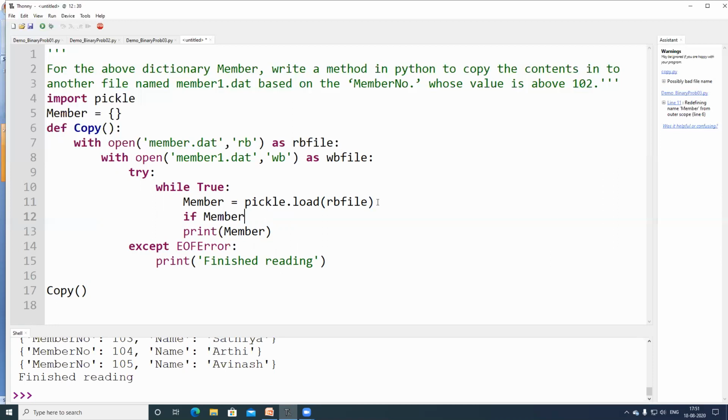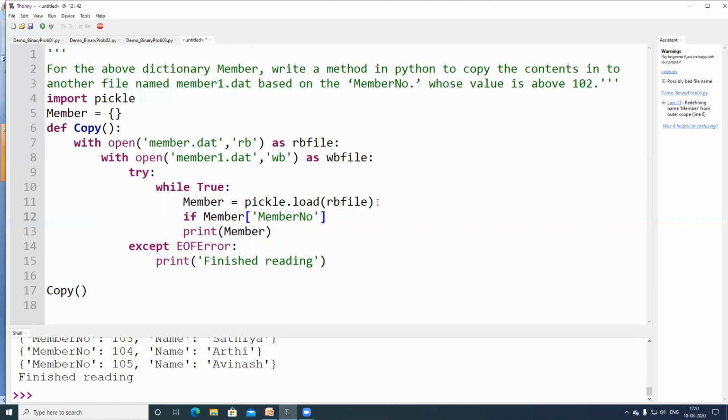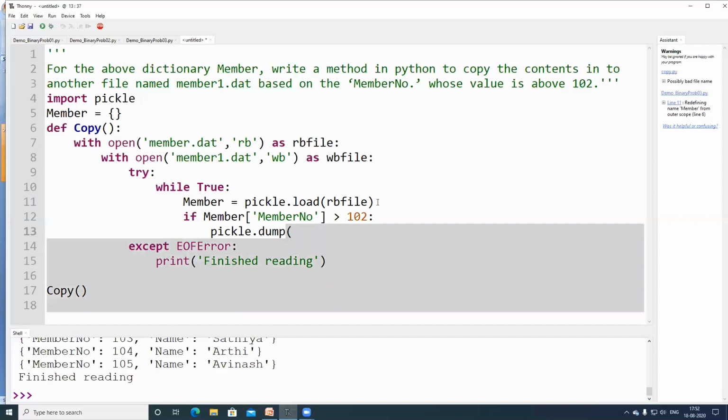Member, the key value is member number, member number greater than 102. What are you going to do? You are not going to print it. Instead, you are going to write it. To write, what will I do? Pickle dot dump. What are you going to dump? This particular dictionary. Where are you going to dump? In WB file.